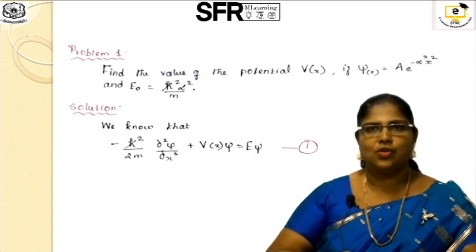So, we know that the Schrodinger equation is −ħ²/2m ∂²ψ/∂x² plus V